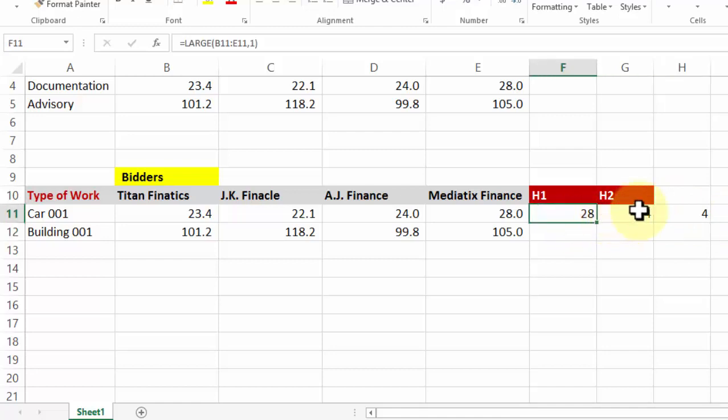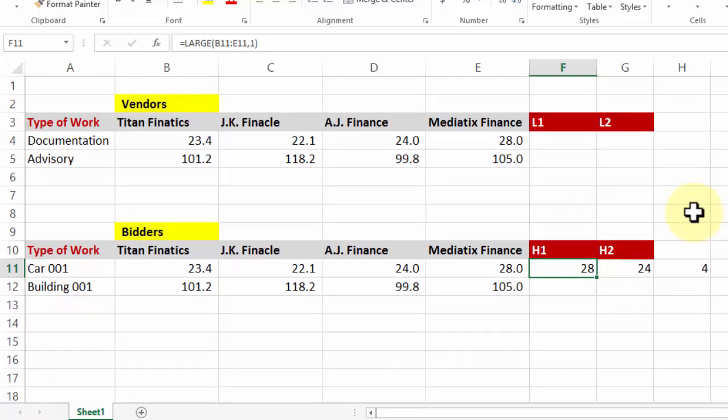So on occasions where we feel the asset will need to be transferred to a second highest party and there's not much of a price difference, we might as well make that judgment. So there you go. In contrast to MIN and MAX, you have SMALL and LARGE, often used in vendor evaluation, bidding process, and auctioning process.